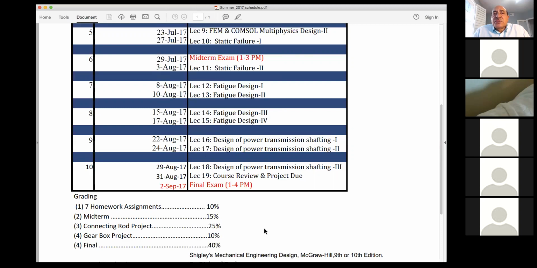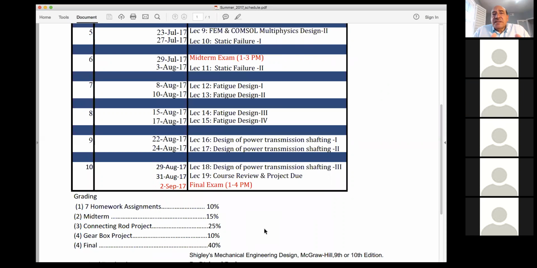And then we would use COMSOL, which is a multi-physics platform, finite element platform, to implement the design. And finally, if we progress rapidly through the project, we'll have enough time towards the end to use Abaqus, which is also an additional piece of software that is commercially available to do three-dimensional analysis on the connecting rod.